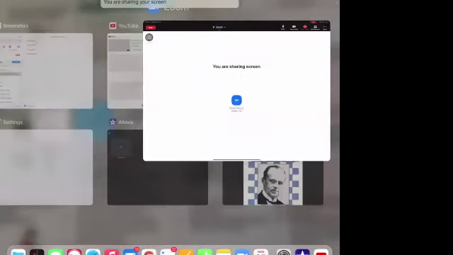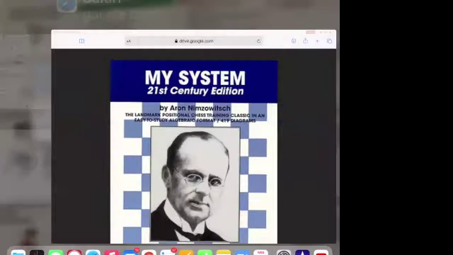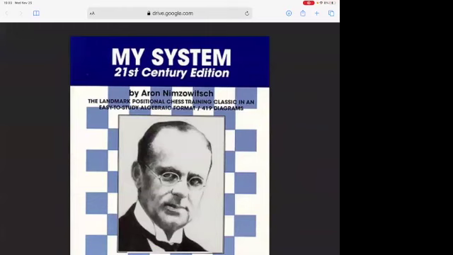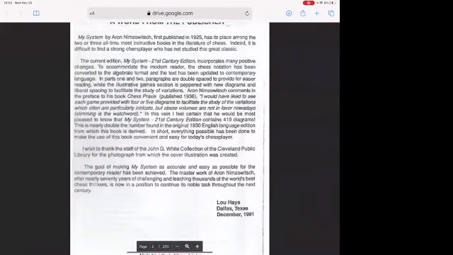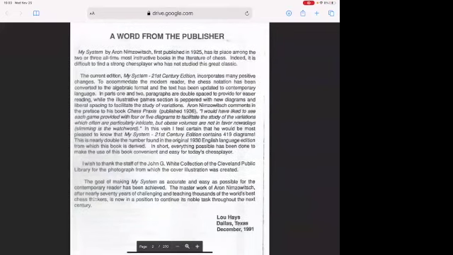So let me share my screen. One, two, no, dos, tres. Okay, I am sharing my screen. Okay, everybody. So back to my system, 21st century edition. So yesterday we read the